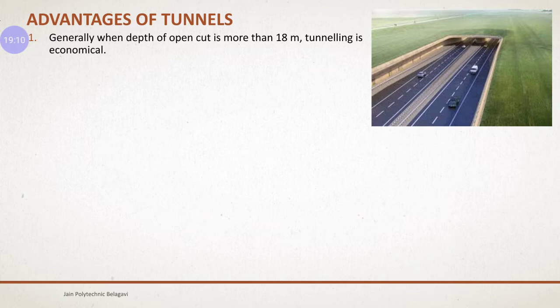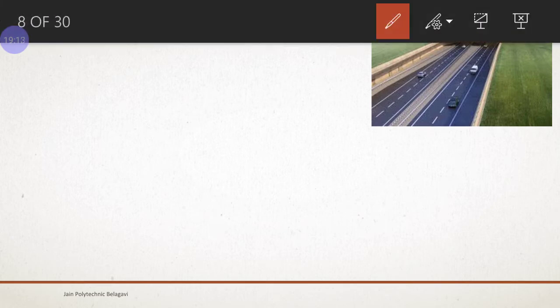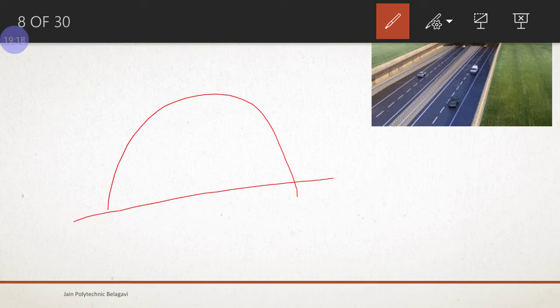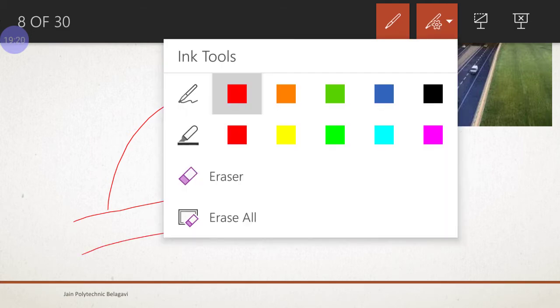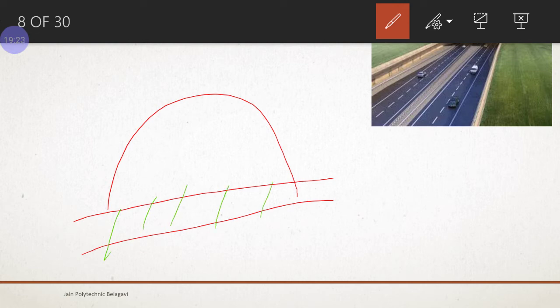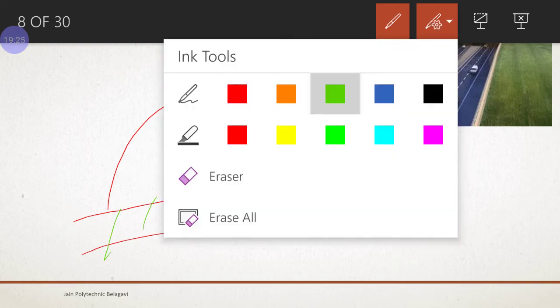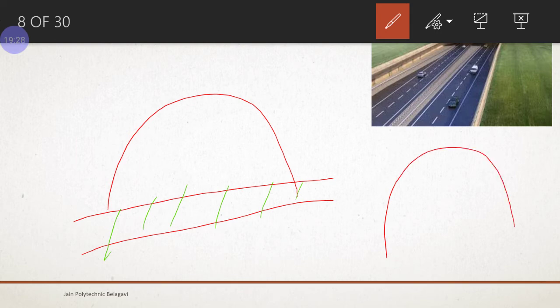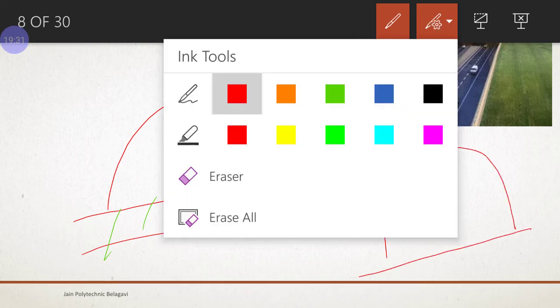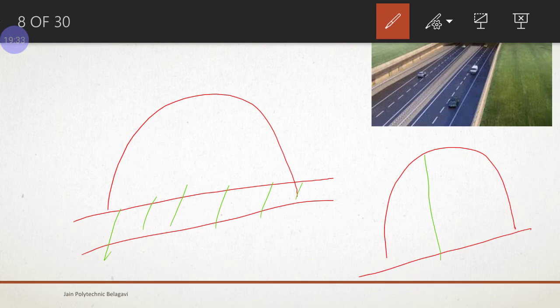If you do the tunneling, if this is your hill portion, this much soil is to be excavated only. If you are going for an open cut, this is what you have to cut. This portion is smaller than this portion.